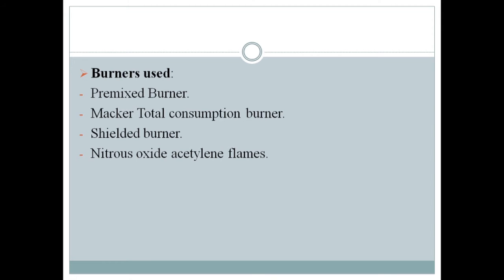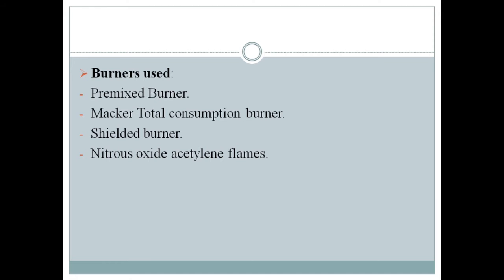And with the help of an aspirator we are getting a wavelet. In this case only the small droplets of sample can reach the flame, and the large droplets of sample are collected at the bottom of the drain. Means only the small sample can reach the flame, and when there are large droplets, they settle at the bottom. Only 5% of sample is burned, where 95% is condensed and drained. This is the idea about the premix burner.